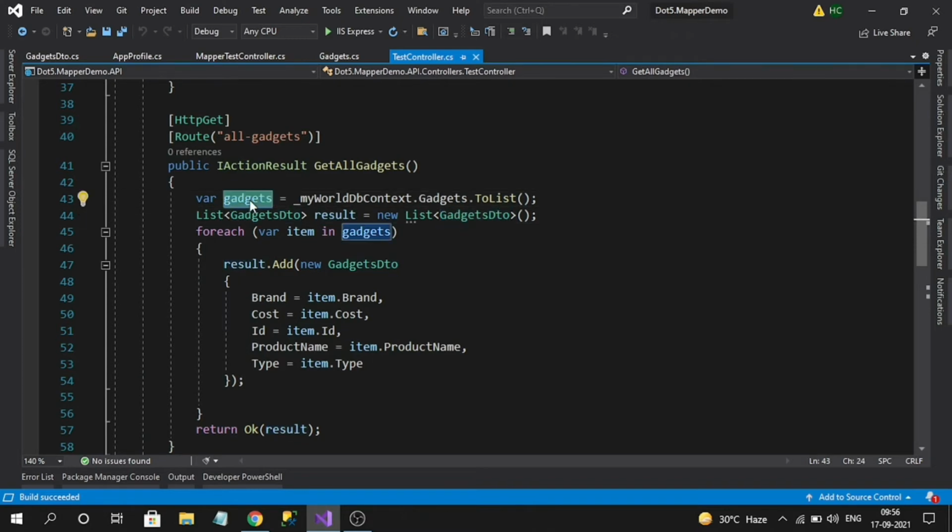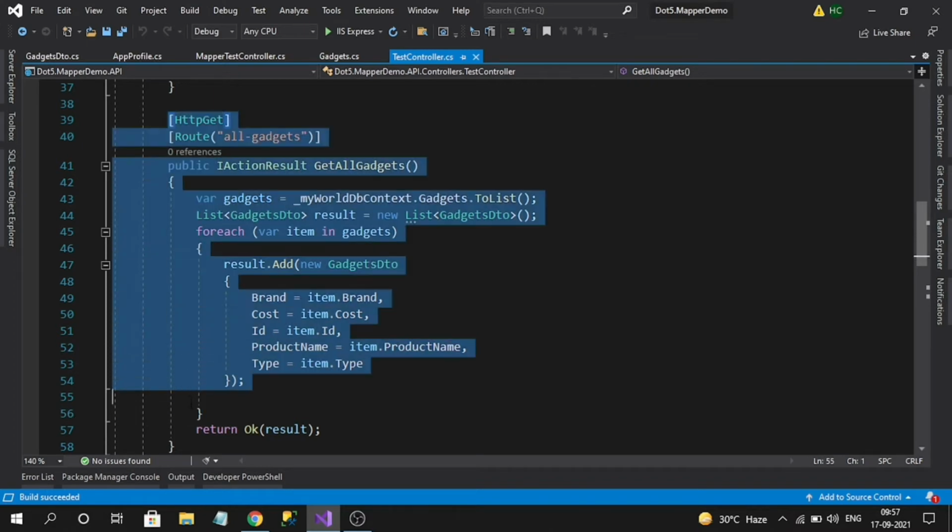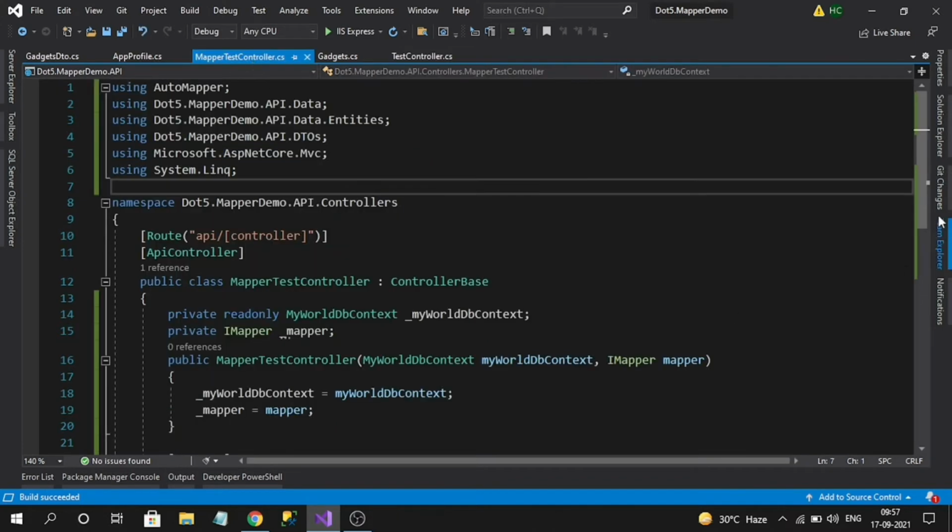Once I get the collection of objects from the database, I am looping and manually assigning them to the DTO object. See, this is all code I am doing manually once I receive the collection of objects. So how can we refactor this with AutoMapper? Let's copy this entire code and paste it over here.